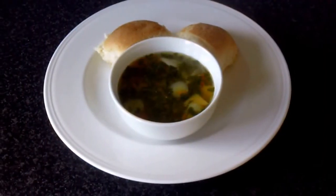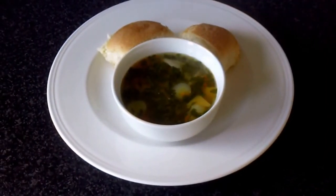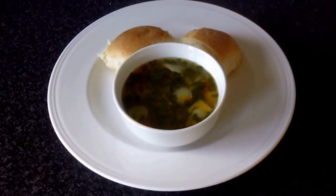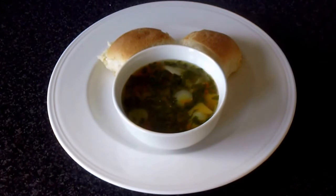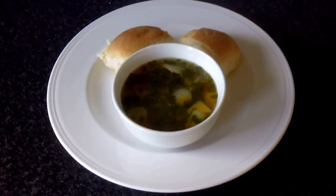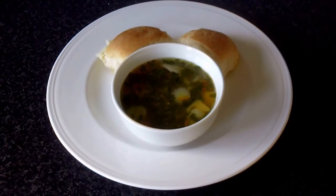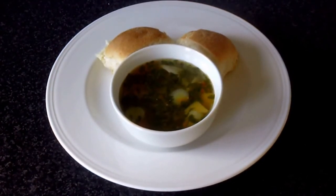Okay, so here we have it, our chicken thighs and vegetable soup ready to be enjoyed. I've served it simply with a plain bread roll, but you can serve it of course any way you wish. What you might also want to do is cool the soup, refrigerate it overnight and reheat it the following day, as many soups are of course better enjoyed on the second